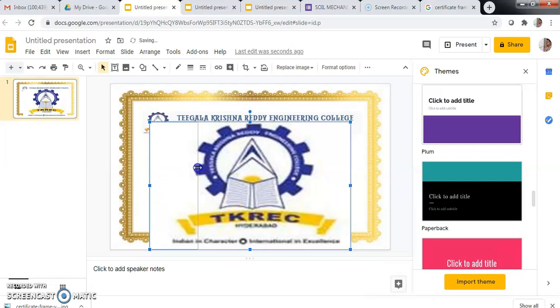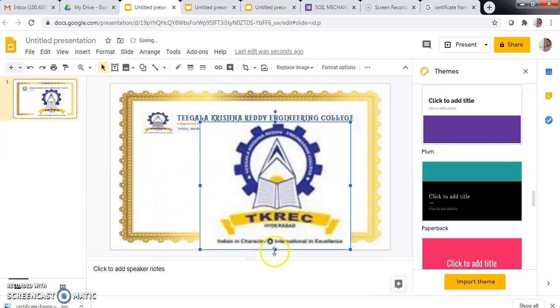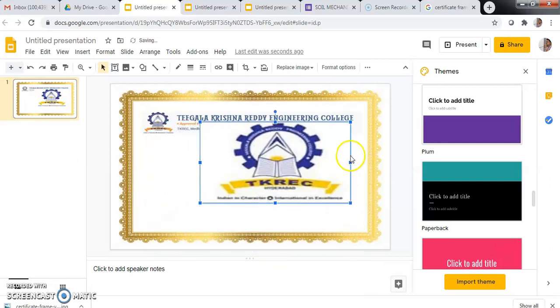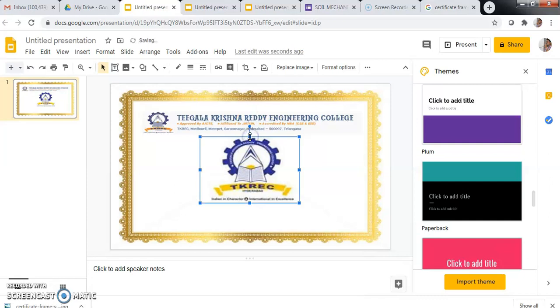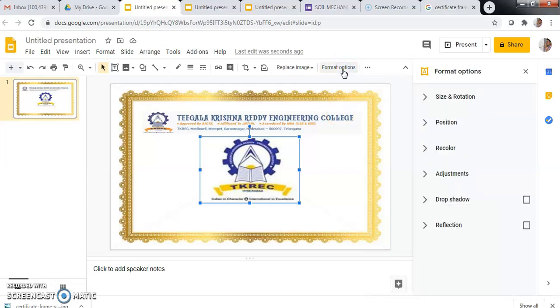See this logo, how I am doing it, carefully. I am going to set back this one. Use the format option. I want to merge it inside this one, so choose the format option.